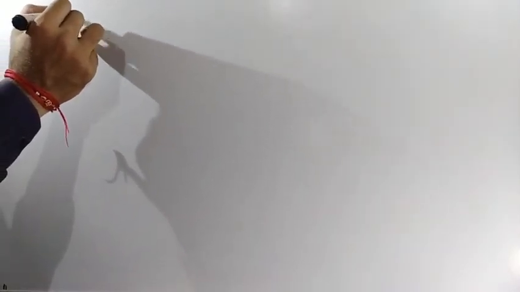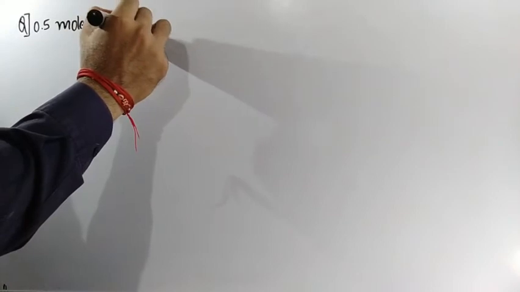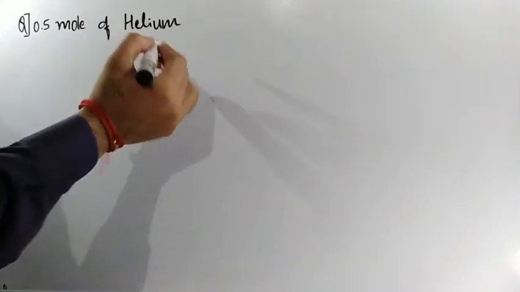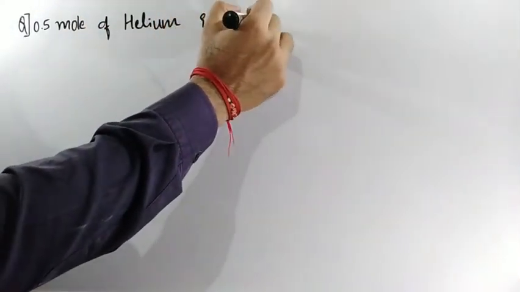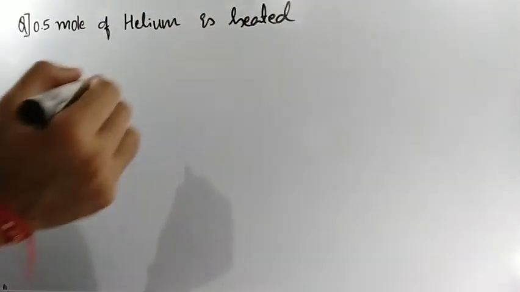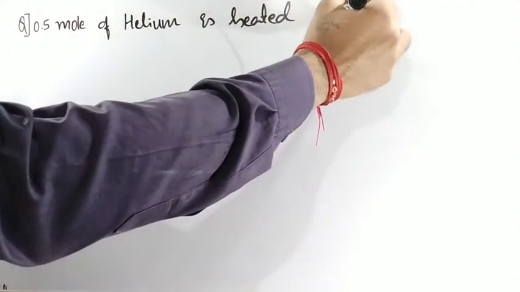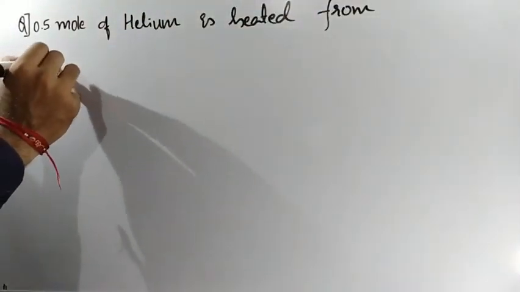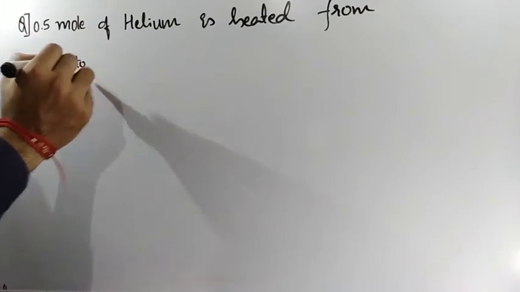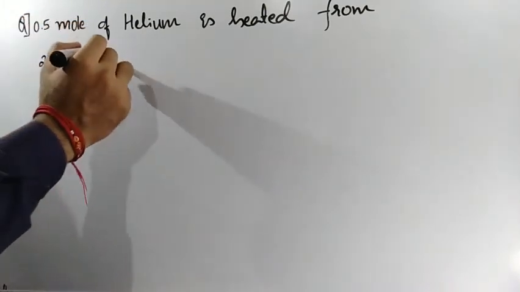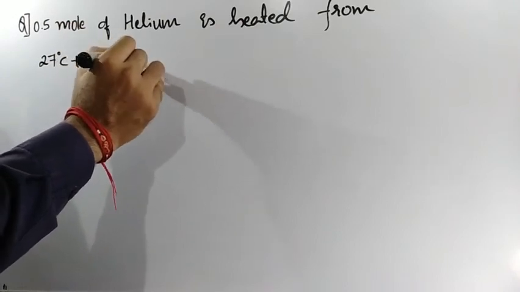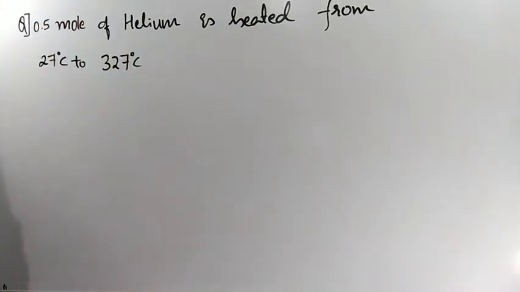0.5 mole of helium is heated. 0.5 mole of helium, okay, is heated from 27 degree Celsius to 327 degree Celsius at constant pressure